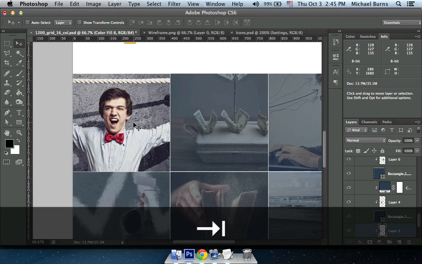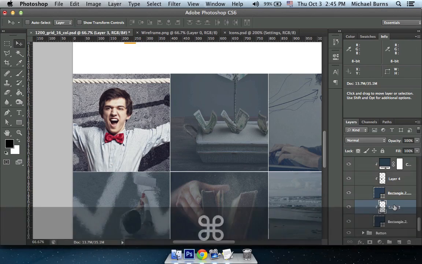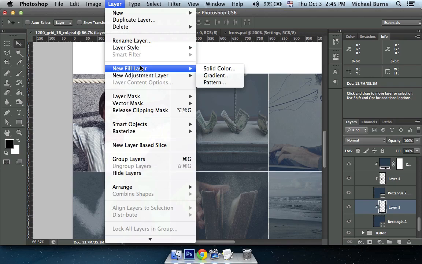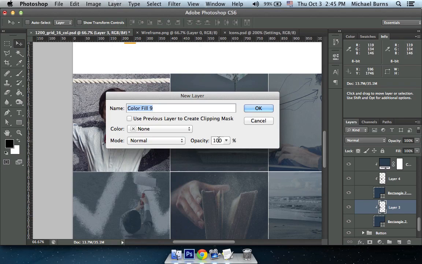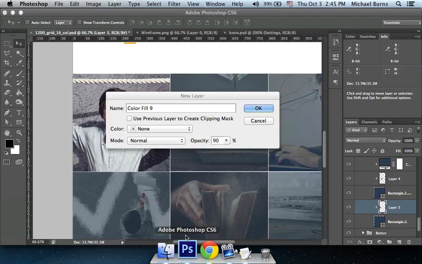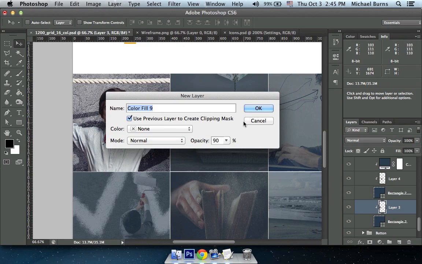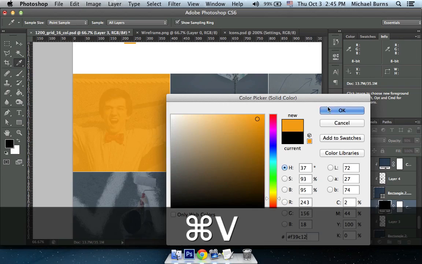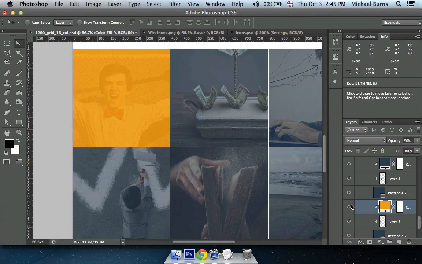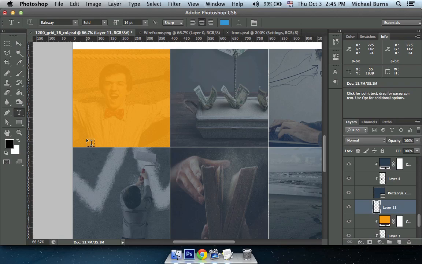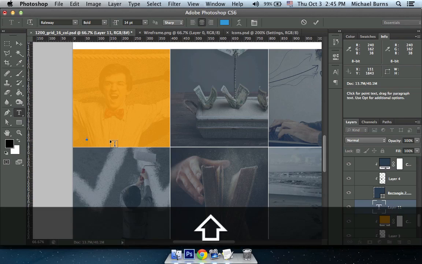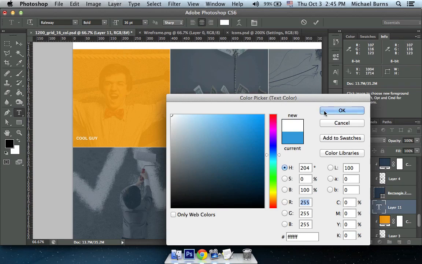Now for the active layer, the fill color for this one will be orange. The opacity will be 90. Copy the orange. And let's add some information. Let's try to add cool guy, for example, and make this 16, make the color white,